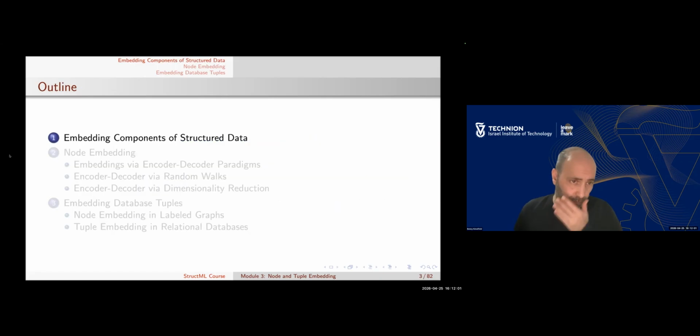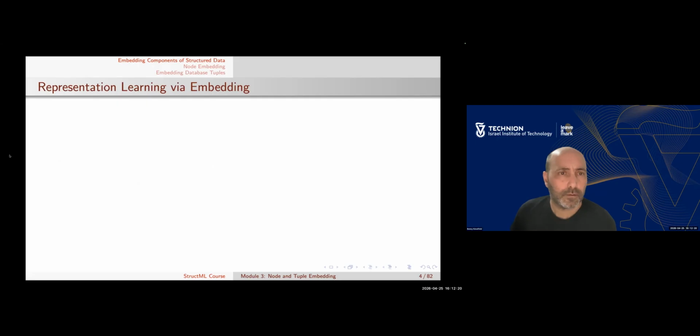Okay, so let us begin with the embeddings. Later, we'll talk about node embeddings in the next part. And lastly, embeddings in the context of relational databases. All right, so